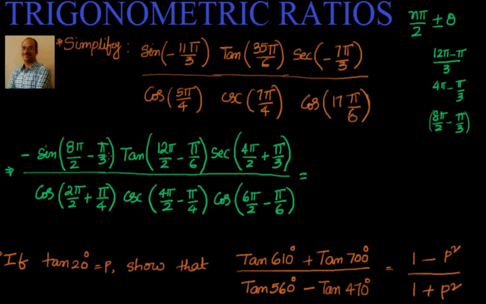We know sin 60, cos 60, sin 30, cos 30, and 45 degrees: sin 45, cos 45, tan 45, cosecant 45, and cos pi by 6. So the idea is to convert whatever weird angle is given to you into the form of n pi by 2 plus or minus theta, so that you can get theta as a known value. Now let's take a couple of minutes and understand how these values will change.